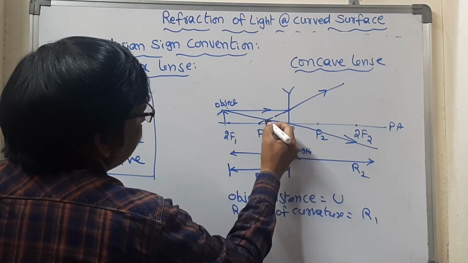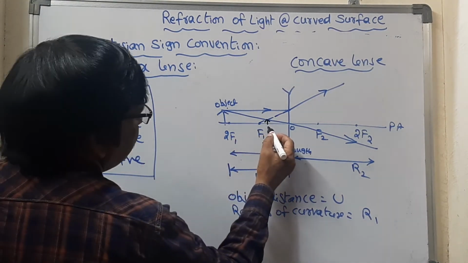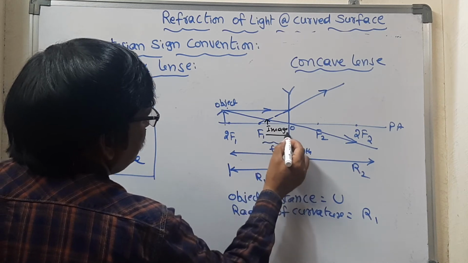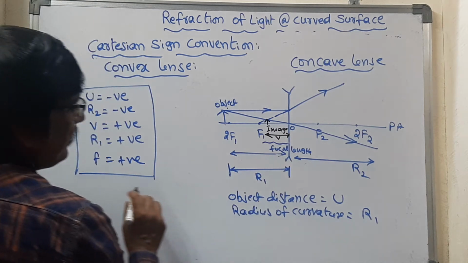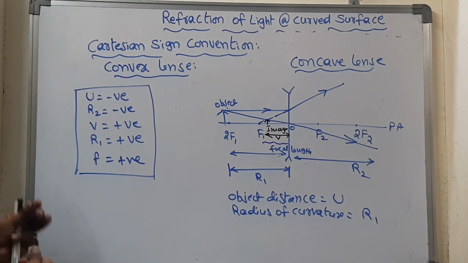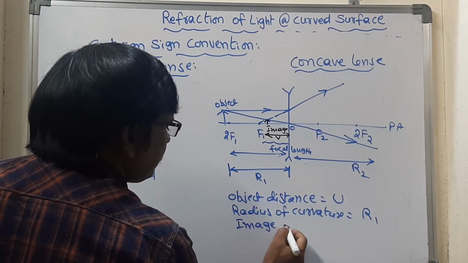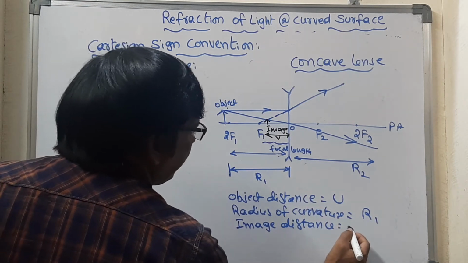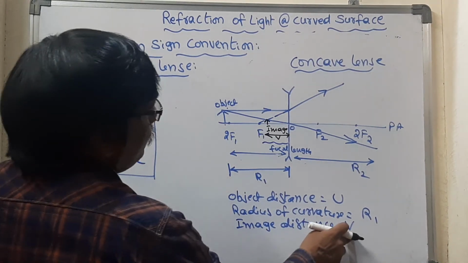Then what do we call this one? This is an image. Is it not image? Okay, this is an image. And the distance between these two, what do we call this one? This is the image distance V. So here, what can we consider again? We can consider the image distance. Which letter is that? Again, image distance, what can we take? We can take it as V. Okay, image distance is V, we have taken.